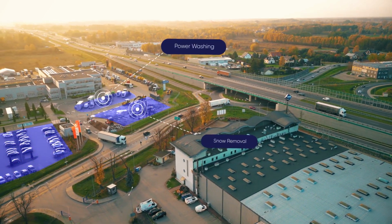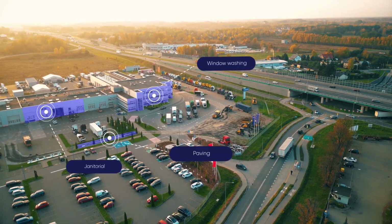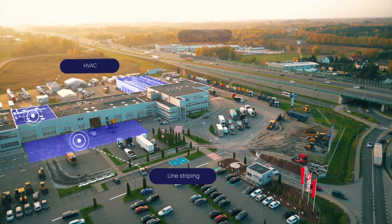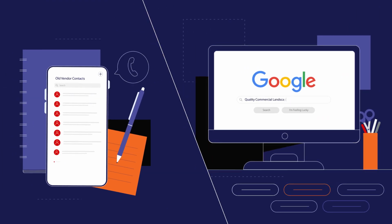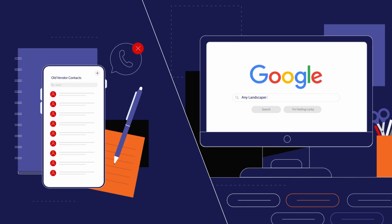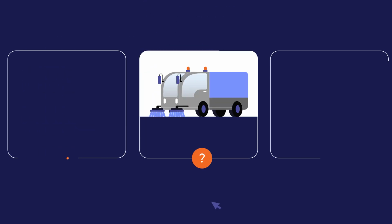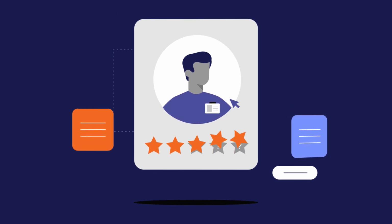There's a never-ending list of services your properties need, which means you need a lot of service providers. So you do what you've always done. You cold call an outdated list or look for whomever is available with a quick web search, not knowing if they have the equipment your properties need, or the experience to handle your unique site, or the quality of service